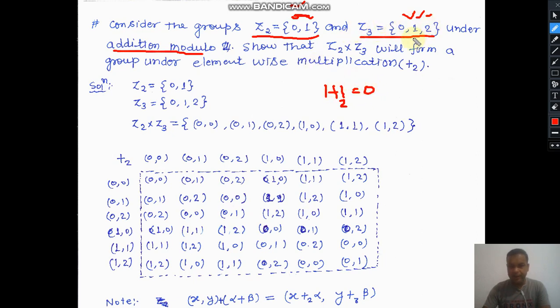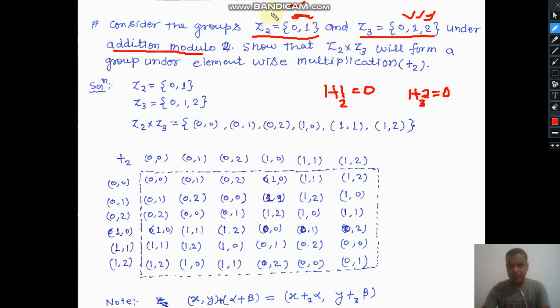Similarly, in Z3, let us suppose you are adding these elements 1 and 2, and here the operation which will be performed between these elements will be addition, and you are noticing that the largest element in this group is 2. So the sum of any two or more elements cannot exceed 2. Here we are noticing that the result is 3, but 3 cannot appear here. So here the addition under modulo 3 will be performed. When the sum is equal to 3 or more than 3, then you have to subtract 3 from there. So the result will be 0. I hope you have understood what I want to say.